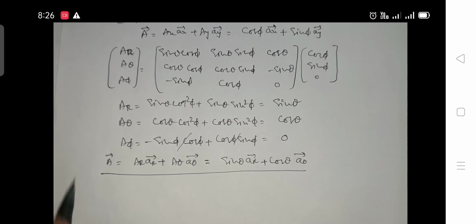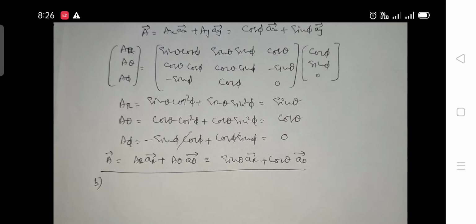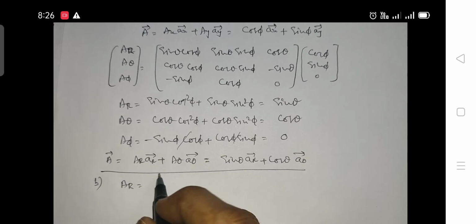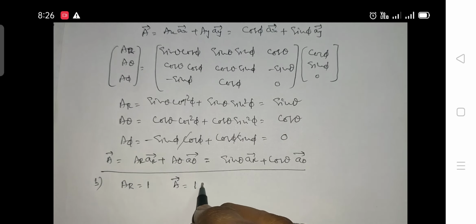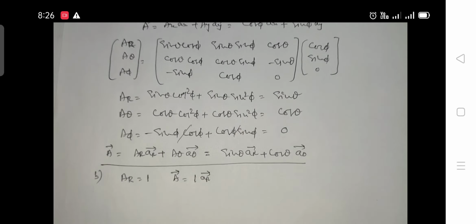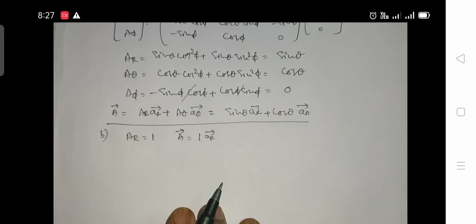Next, let us go with the second problem, B. So here we are given AR, in spherical coordinate systems we are given AR is equal to 1 and the vector A bar is given as 1 into AR bar, and the remaining components A theta and A phi are equal to 0. So first we have to transform this, AR in spherical coordinates, into rectangular coordinates,